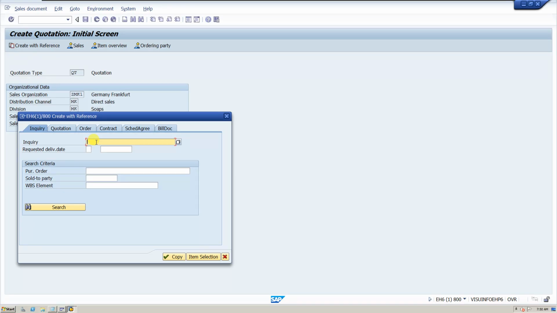This is the mandatory configuration setting. Okay, so if you need, you can keep reference mandatory. Then the system will ask when you are entering. The system will pop up like this. You need to enter the inquiry document number. Then only the system will allow you to create a quotation document. Okay, so like that,